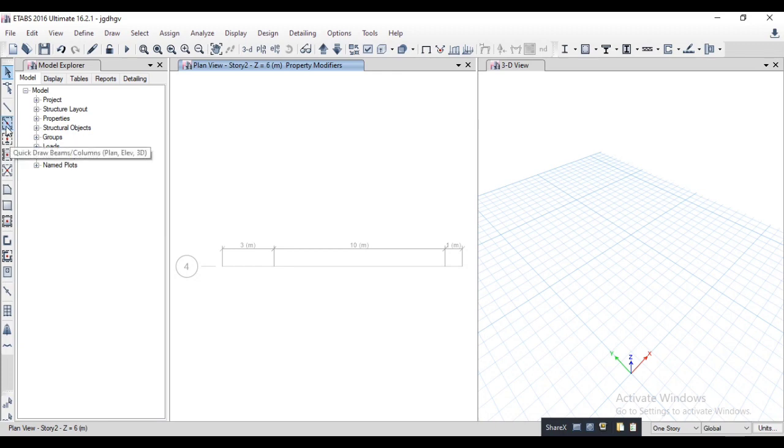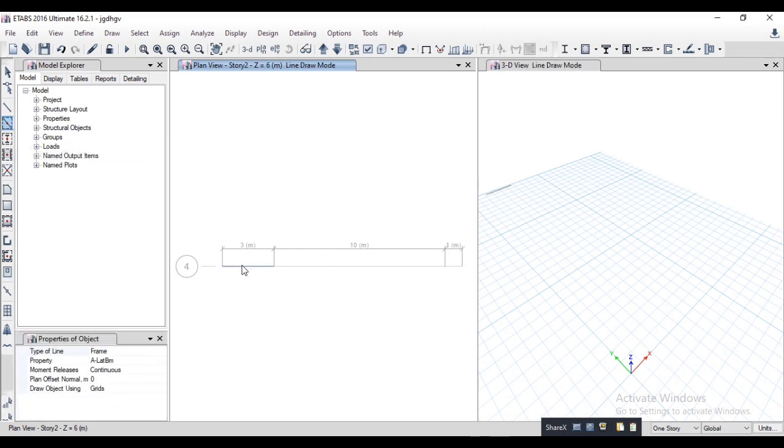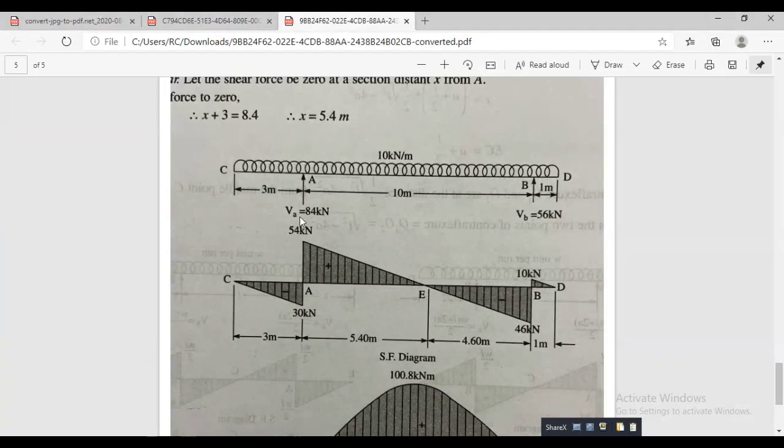Then draw the beam. Go to quick draw beam, sorry, not column, beam. And afterwards go for support. The points of support are A and B, so simply supported.